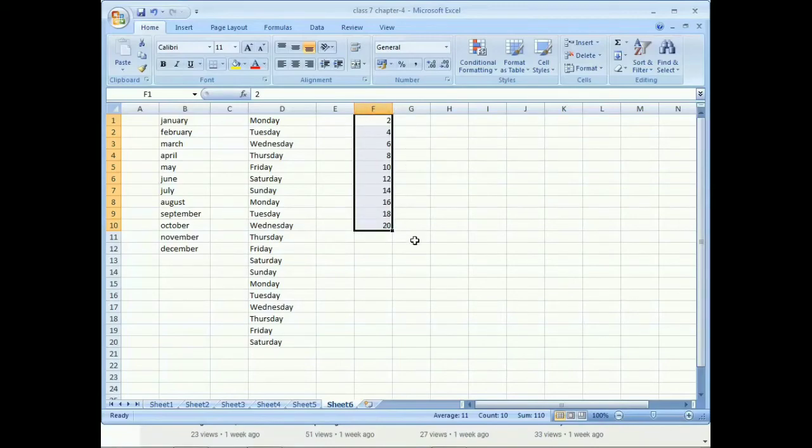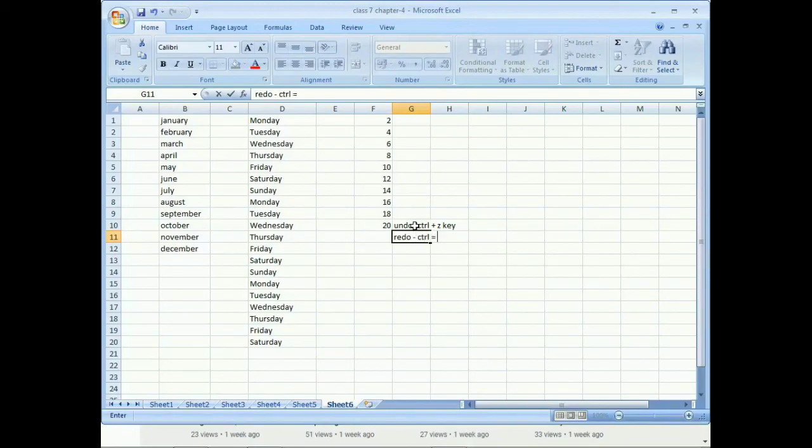For undo we can use the Ctrl plus Z key, and for redo we can use the Ctrl plus Y key. So these are the shortcut keys: for undo Control plus Z, and for redo Control plus Y. Okay, that's it.